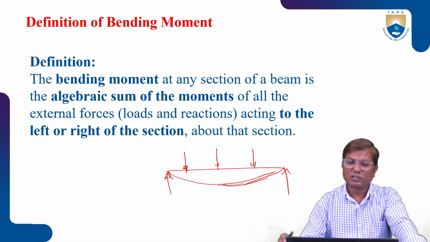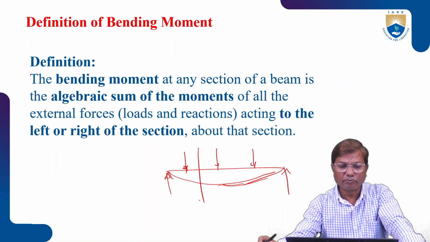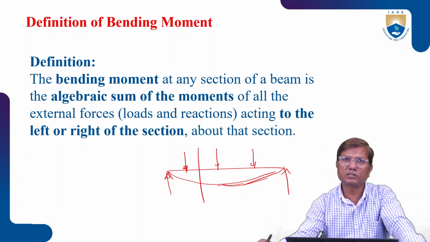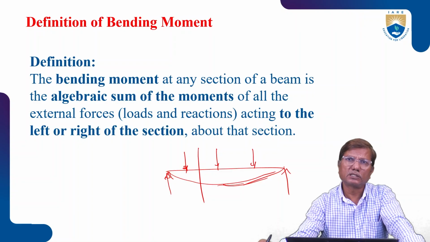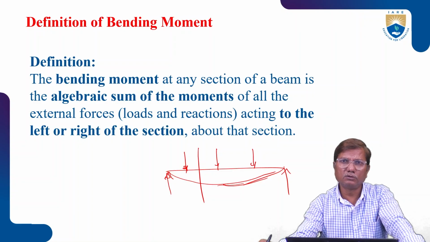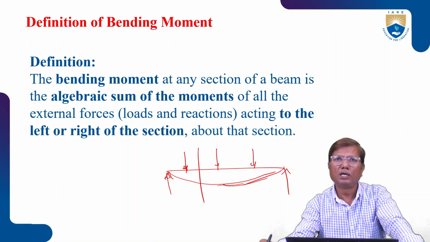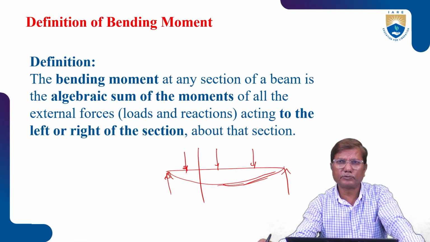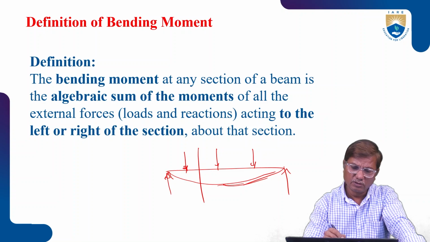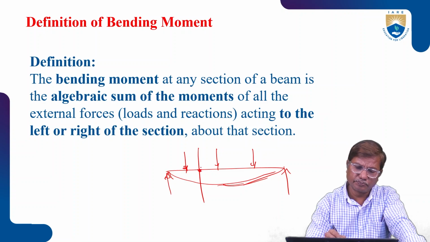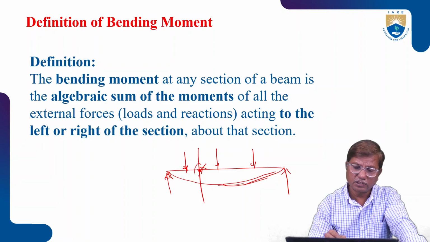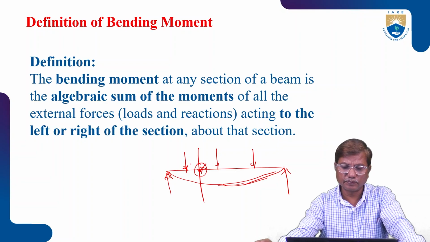So the bending moment at any section is calculated as the algebraic sum of the moments of all the external forces, including reactions, acting to the left or to the right of the section, about the section point here. The bending moment about this section,